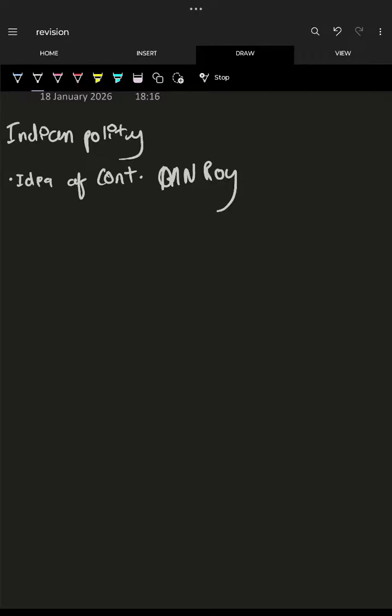The Regulating Act of 1773 was to regulate and control the affairs of the East India Company by the British government. It designated the Governor of Bengal as the Governor General of the British territory in India, with authority over the presidencies of Madras, Bombay and Calcutta. The first Governor General was Lord Warren Hastings. So first Governor General, not Viceroy.